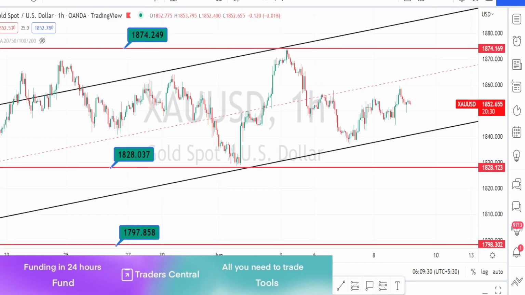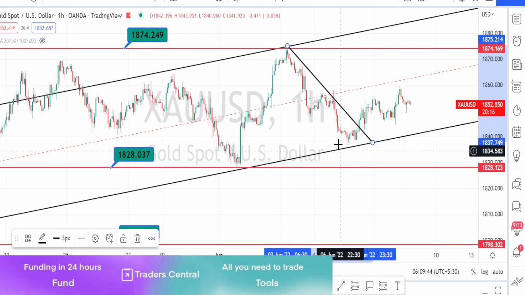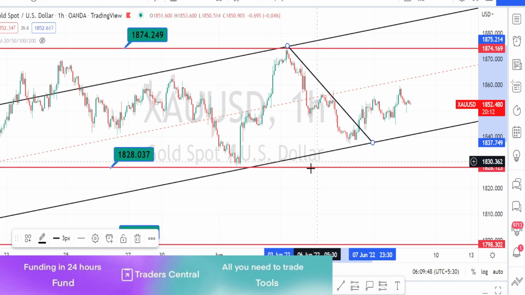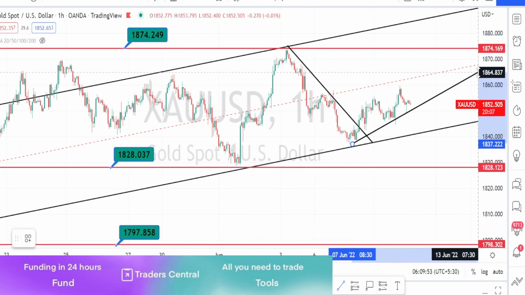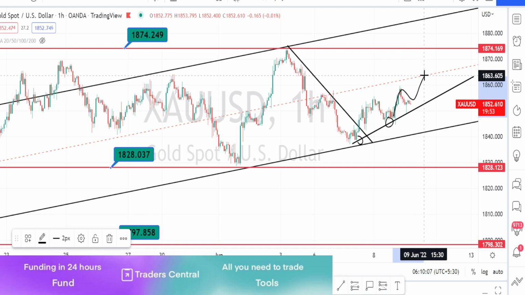I am in hourly time frame now. When we look at the price action from the hourly time frame, previously we have noticed the price action to bounce back from this resistance level of 1874 on the bearish trend reversal, and it took support on the bullish channel pattern support line from the 4 hours time frame, and now I am drawing a support line or a trend line. Based on this trend line, the current trend of the price action is in a bullish trend.